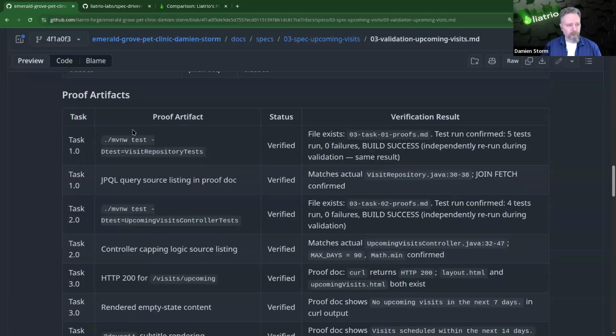Yep. And then we've got the proof artifacts. So this validation phase goes through the code, the files, the specs that were generated, the tasks, and it verifies that every one of those is built. It also goes through the proof artifacts. It actually looks at those markdown files and asks: one, do they align with the work that was done in the commits? And two, do they demonstrate that the work that was specified is actually what was delivered, right? So these are the receipts, and then you go and check the receipts. You're having AI go through all of the processes that a software engineer would do when they're building this work,